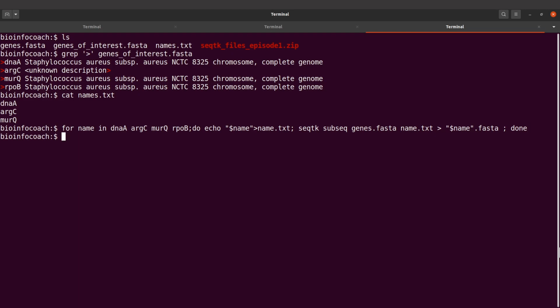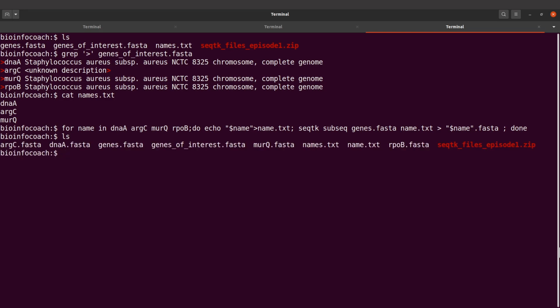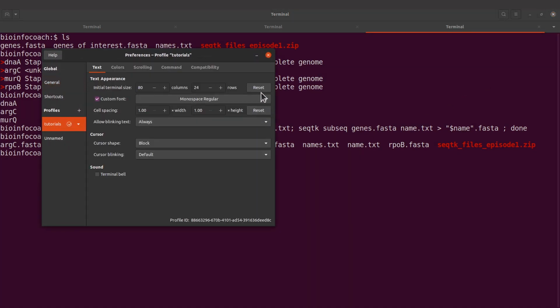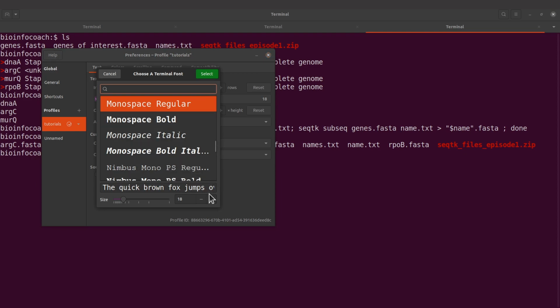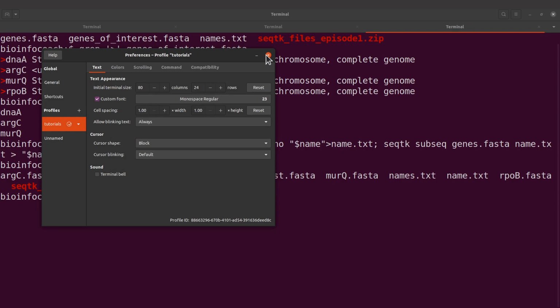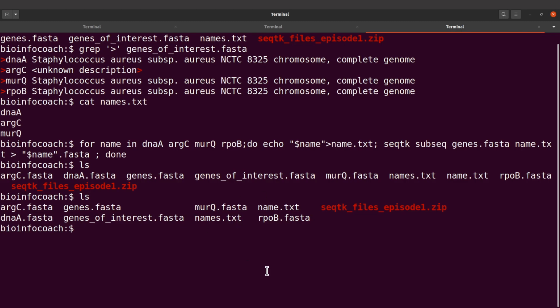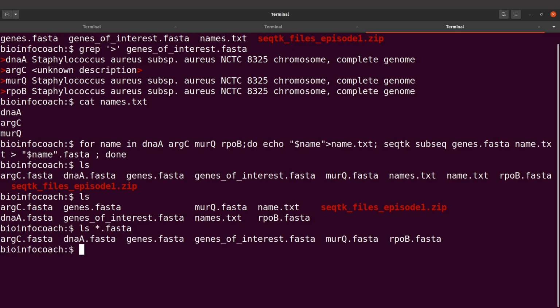Perfect. So if everything is done, when we do an ls, we are going to find our files here. Let me enlarge the font size again to the original one. That was 23, I believe. Yeah. Okay, so that's how we do it. So let's do an ls again. So we have all the files saved. So let's do an ls star.fasta to see the files. Then we have this,